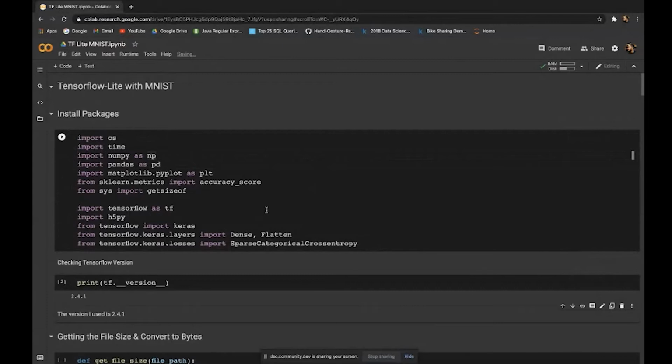To use this dataset, I call the function keras.datasets to load Fashion MNIST, and then I split it into training images and training labels, as well as test images and test labels. Let's run this cell as well. These are my class names: t-shirt, trouser, pullover, dress, coat, etc.